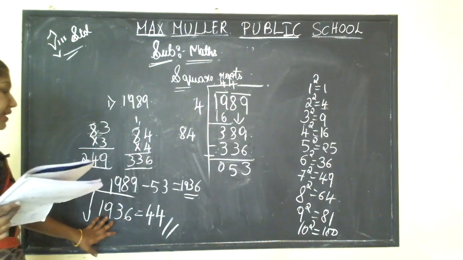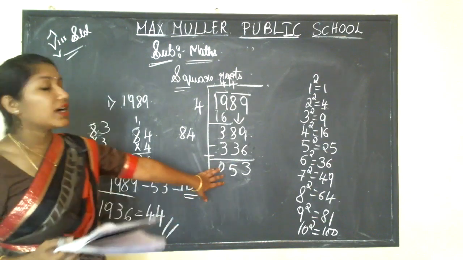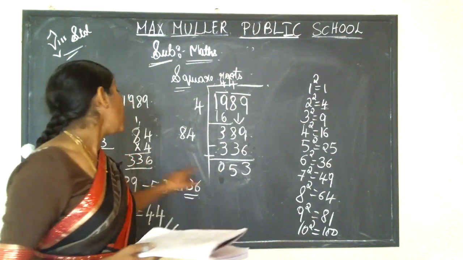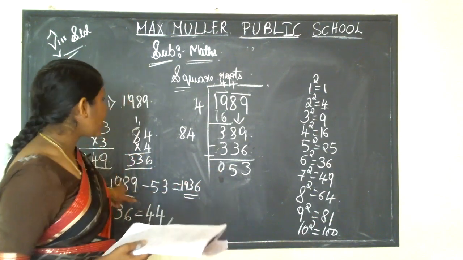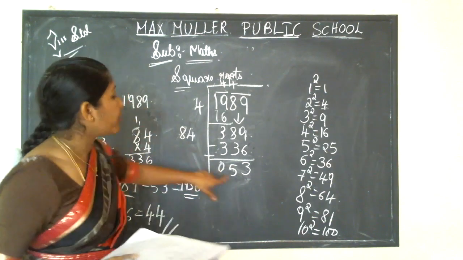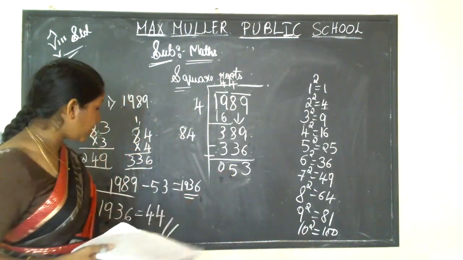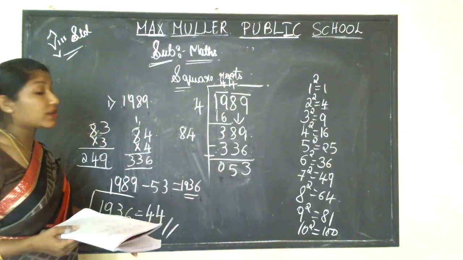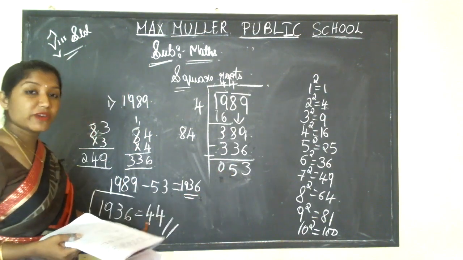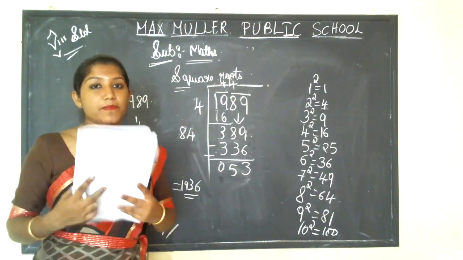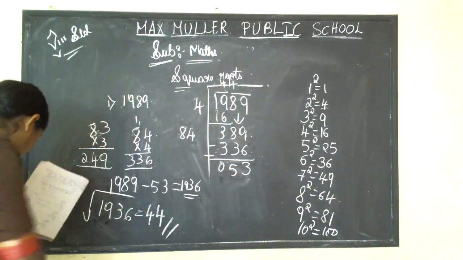Understood? Like this you have to find out. Here, if you didn't get the remainder as 0, you have to subtract the remainder from this number, so you will get the perfect square number, and that perfect square root will be equal to this square number. Understood? Okay, now